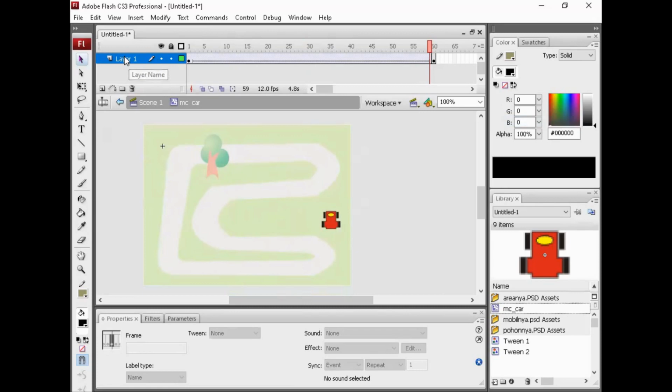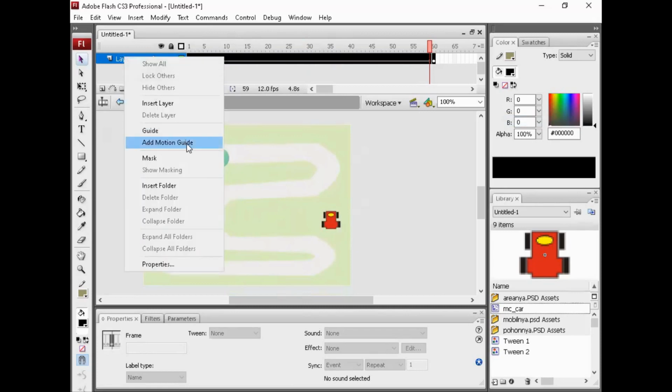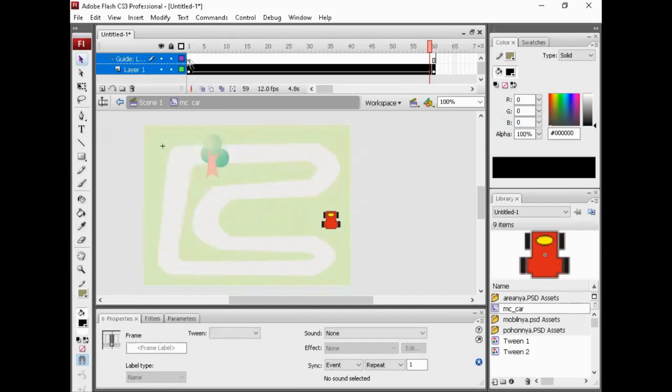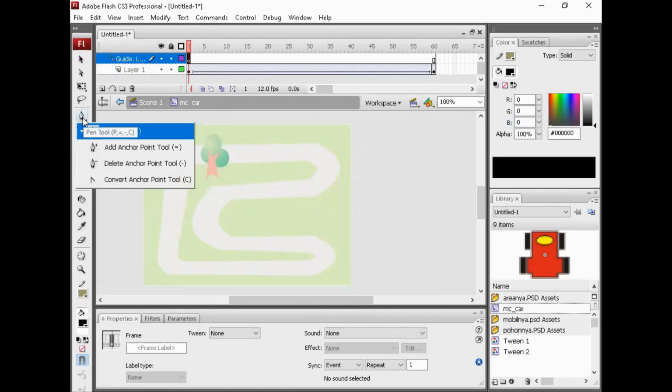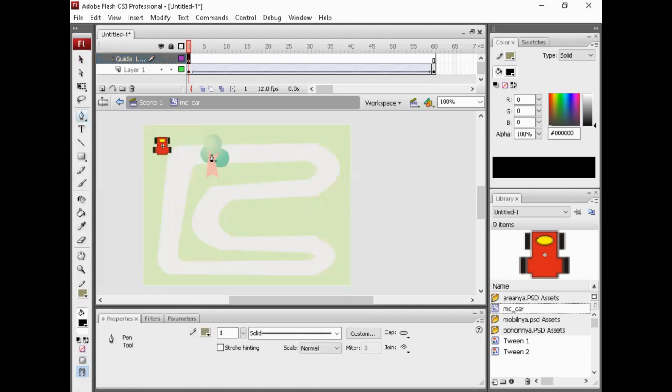Right click here, add motion guide, choose this frame, and we can start to use the pen like this. Yeah, 1, 2, 3, 4, like this. Okay, it's the track of your car.